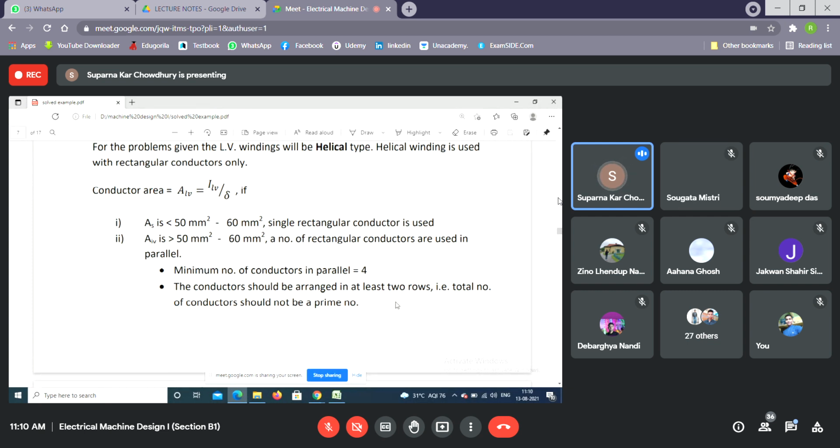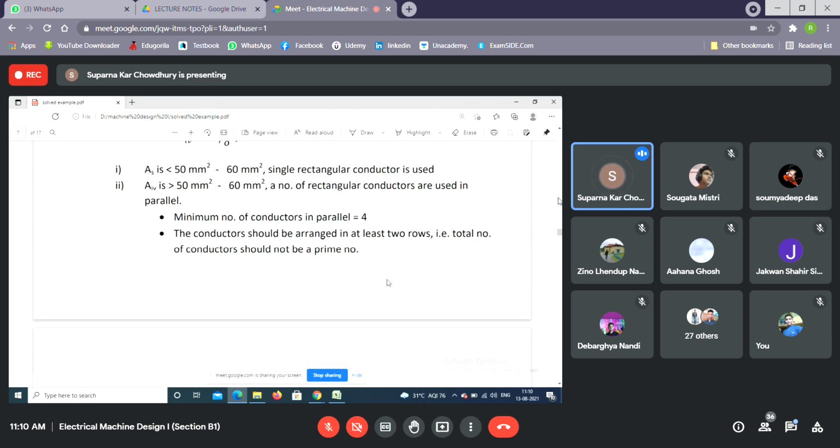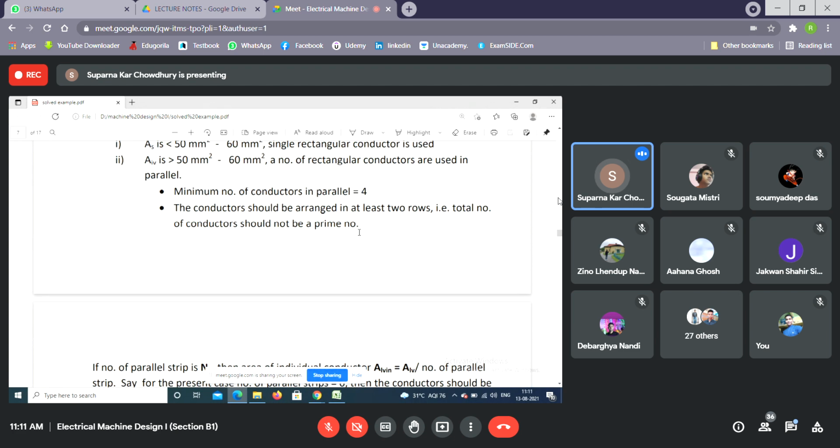If we have 3 conductors, then we can have 3 arranged vertically or 3 horizontally. If we do not arrange them horizontally, then the height to width ratio will be skewed, and if the width or depth of the conductor is more, then there will be more skin effect. So that is avoided. So we cannot have 3. If we have 4, we can arrange 2 by 2. Again, if we have 5, we have the same problem. So normally we will have 4, and no prime number.